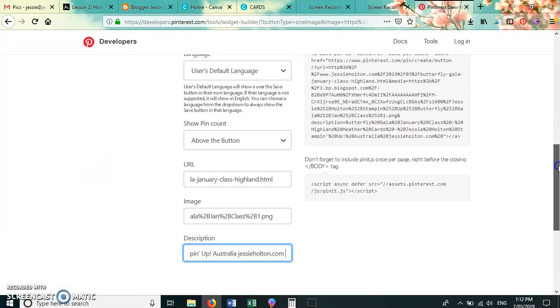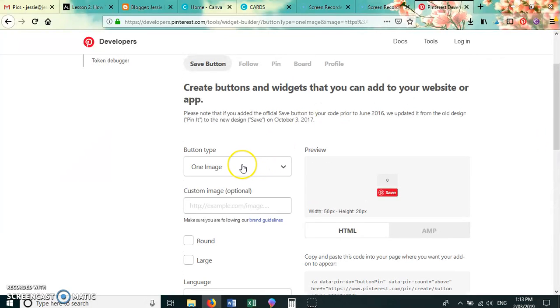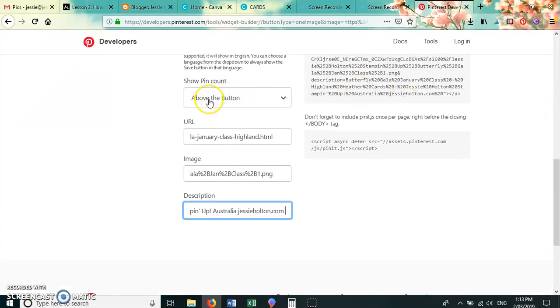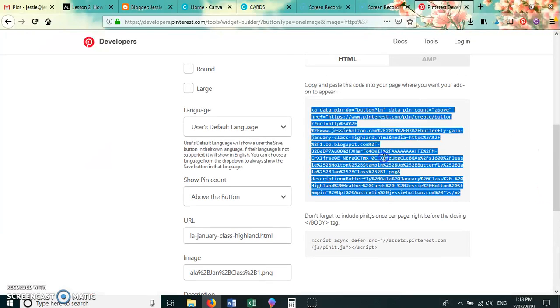Once you've got all of that, you want to go through it again. You want the button type to be one image, and then pin count, the permalink, the image, and your description. Once you've got all of those done, you just click on here. It automatically copies or selects the whole thing, so you don't need to double click it or anything like that. You just click it once and the whole thing will come up blue, and then you want to copy that